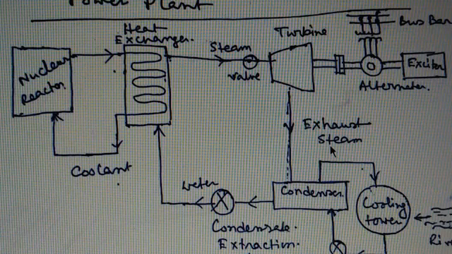Now there are some disadvantages of a nuclear power plant, like the fuel used is expensive and difficult to recover. The next disadvantage is that the capital cost of a nuclear power plant is very high compared to other types of power plants. Next, skilled technicians and scientists are required to run the power plant. Next disadvantage, the fission byproducts are generally radioactive and they may cause a dangerous amount of radioactive pollution.